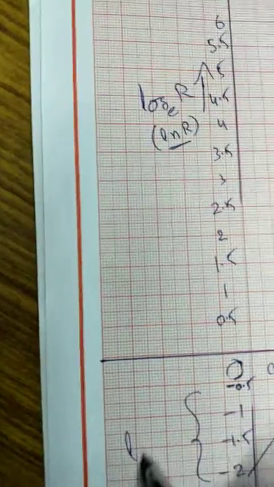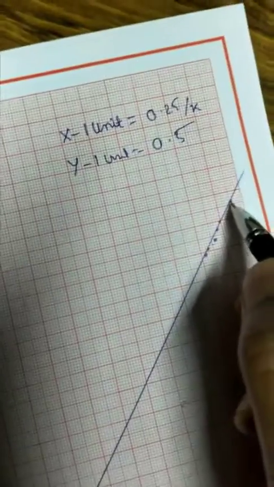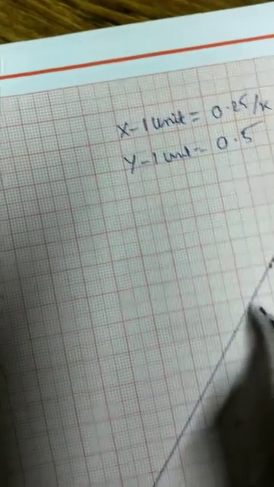This is called the log a value, and I will take any 2 points on that line. Suppose I take 1 point here and another here. Any 2 points I have to take to find the slope. You know how to find the slope: y2 minus y1 over x2 minus x1. This value is called b, and log a is equal to, now you got here, log a value is